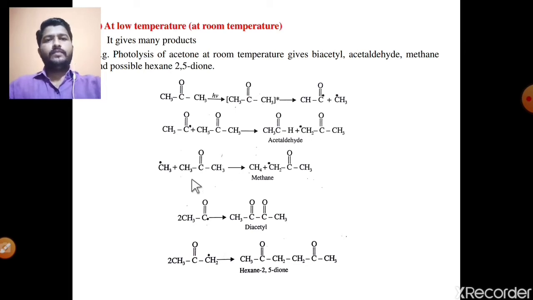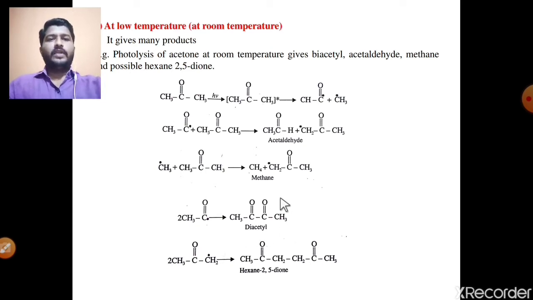See number third step, this methyl radical of this first step reacts with a third molecule of this acetone molecule. Same, abstraction of this H radical from this methyl group gives finally the number second product, methane, and loss of the H radical gives CH2 radical, and the last, number third product, is CH3C=O. Means third possibility, this CH3C=O radical, meaning acetyl radical, recombination of this acetyl radical gives finally the diacetyl molecule.